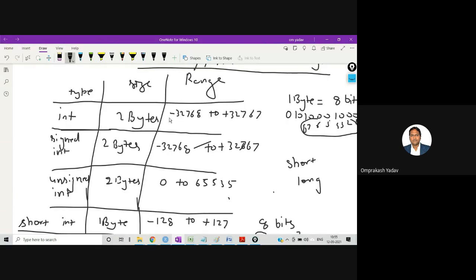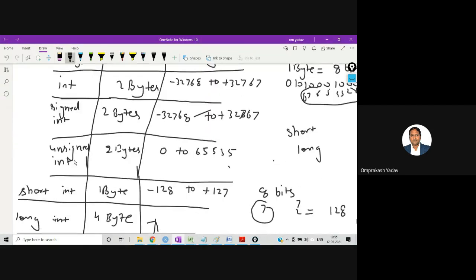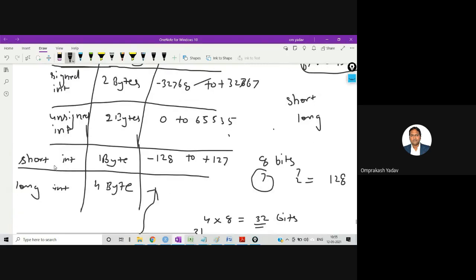So the range will be minus 32768 to plus 32767. For the unsigned, it will require 2 bytes, but all bits will be there for positive numbers, right? So no bit will be reserved for the sign purpose. So total 16 places will be available. So I did 2 raised to 16. I got 65536. So that means 0 to 65535. Okay. Short int 2 byte, long int 4 byte.